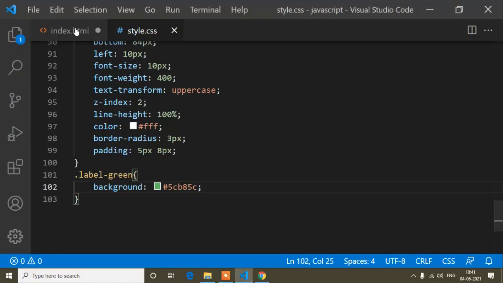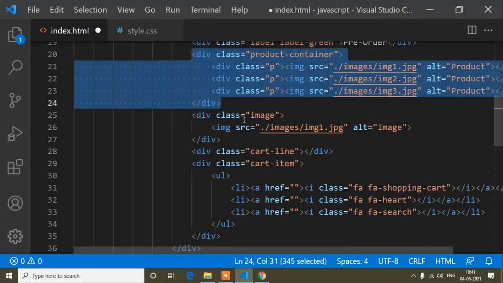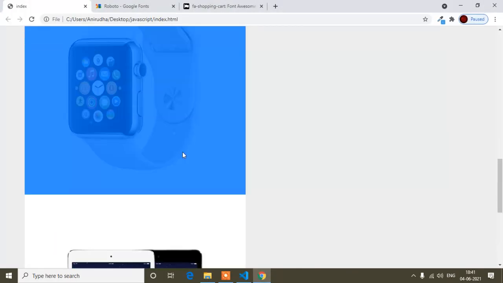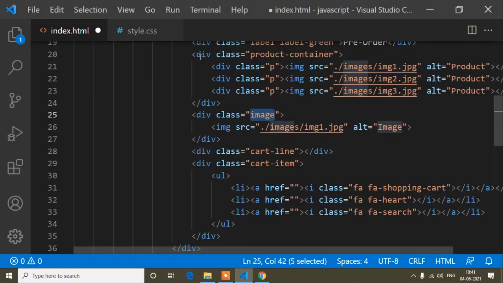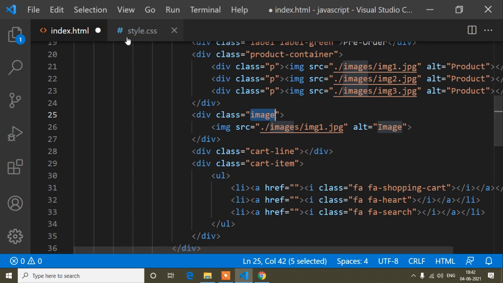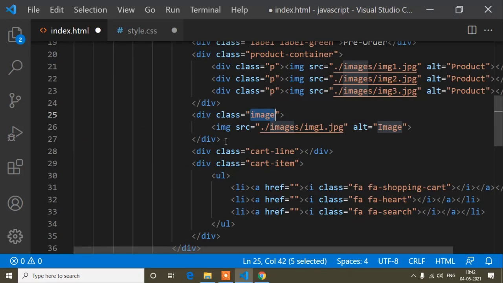Okay, so now I will add the CSS for the next one. This CSS I will add later, but before that I will set the CSS for this image. That means this one. So these three images, I mean the first, second, and third image, I have added here. This CSS I will add later. So before that I will add the CSS for this one. I will copy this image class and write here. So first of all, here I will set the width to 100% and the height to 300 pixels. And now inside this image class there is the image.